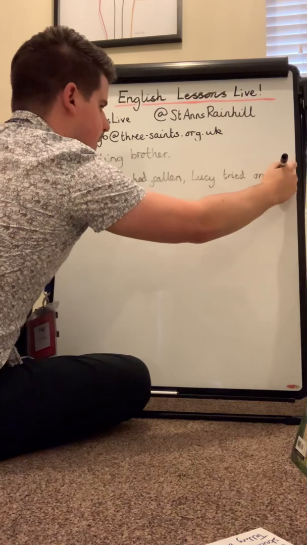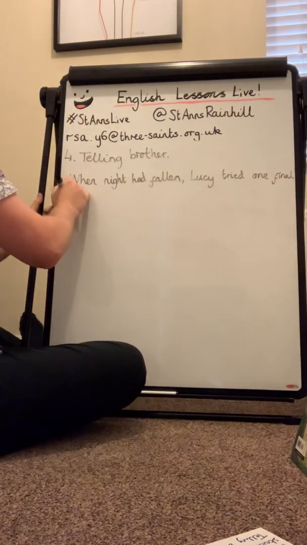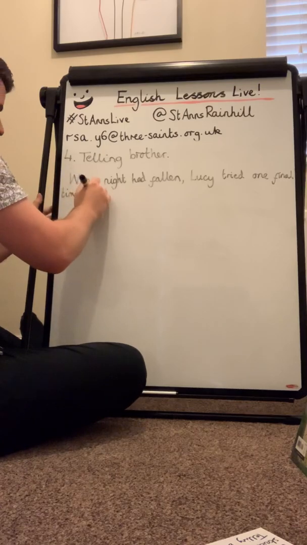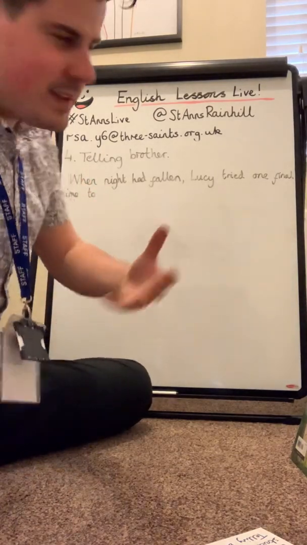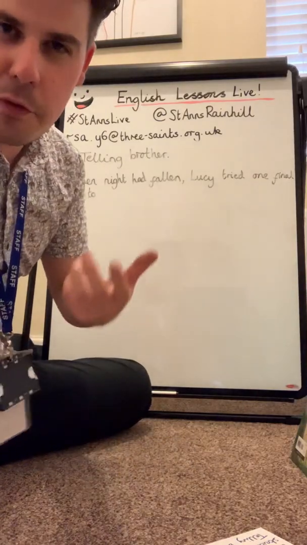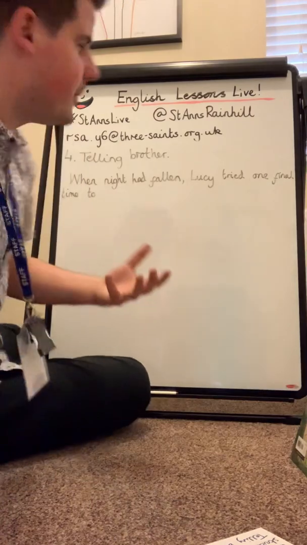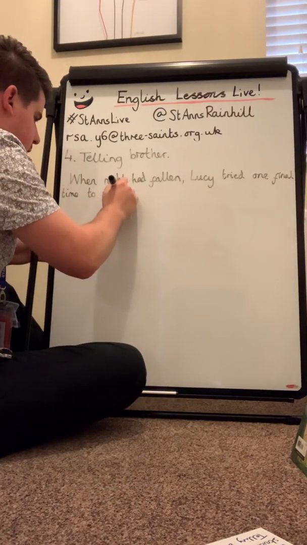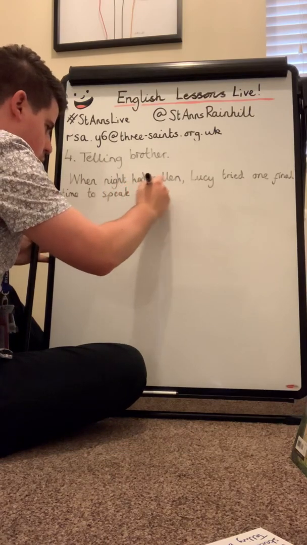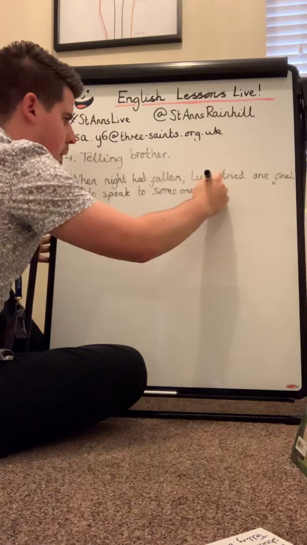Lucy tried one final time to speak, and I have to put to speak to someone rather than to speak to her brother, because that makes it sound like she's tried to speak to her brother a few times, which isn't true. So we have to try to speak to someone. Lucy tried one final time to speak to someone about